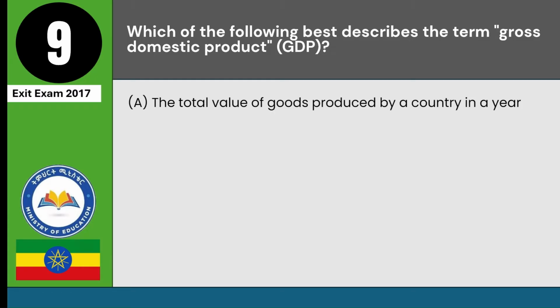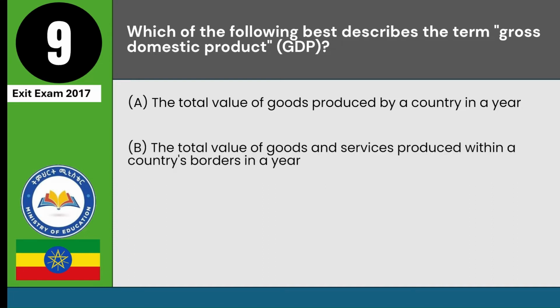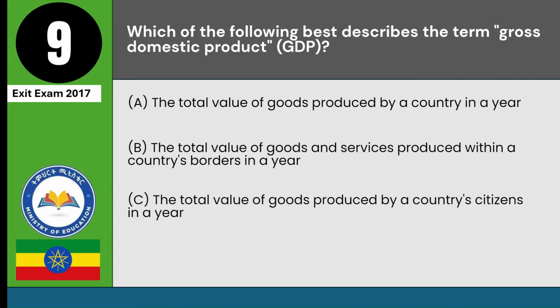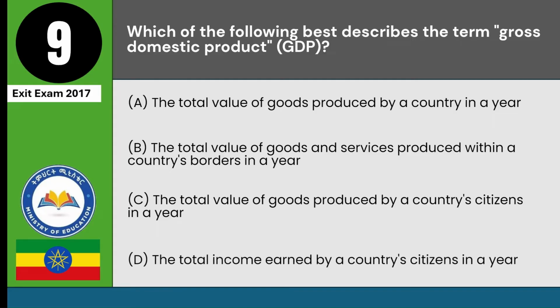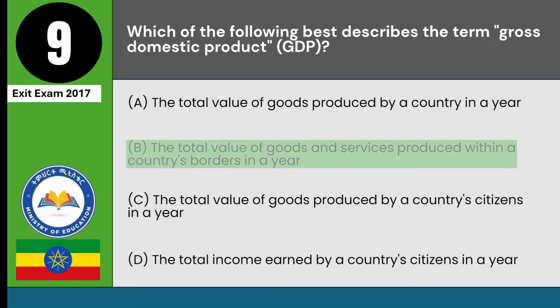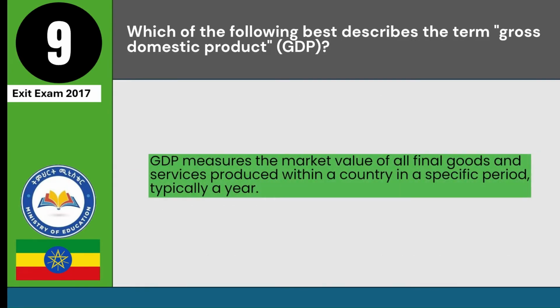Which of the following best describes the term gross domestic product, GDP? A. The total value of goods produced by a country in a year. B. The total value of goods and services produced within a country's borders in a year. C. The total value of goods produced by a country's citizens in a year. D. The total income earned by a country's citizens in a year. Answer: B. GDP measures the market value of all final goods and services produced within a country in a specific